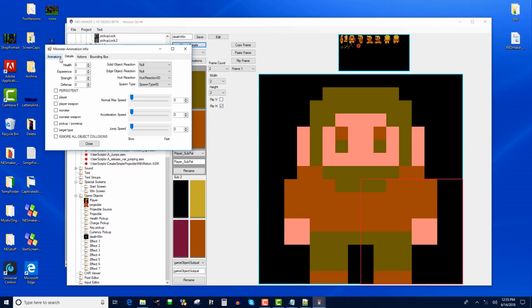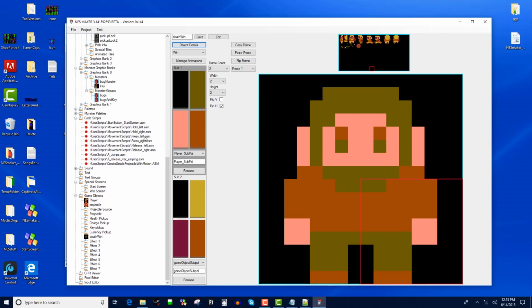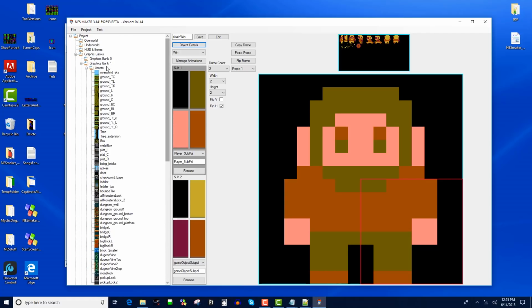Okay, so now I haven't told it when to go to this because I haven't made a win object yet. But now I've got this object. When I get to a win script, it's going to create this object and show that last frame. And when that animation is over with, it's going to go to the win screen. So